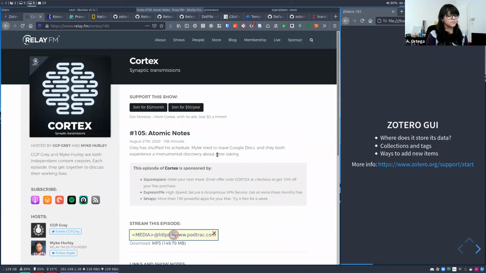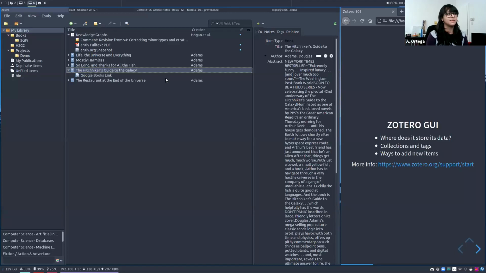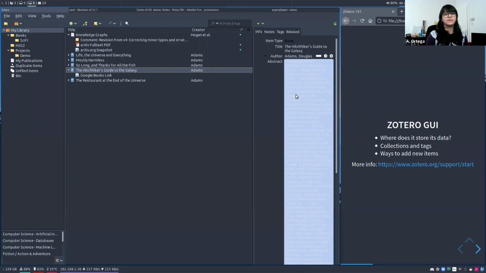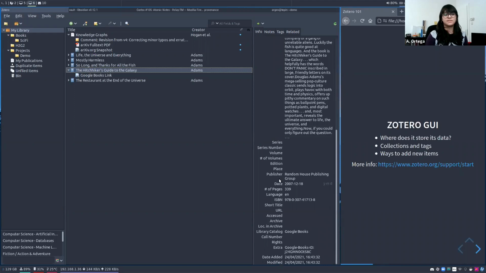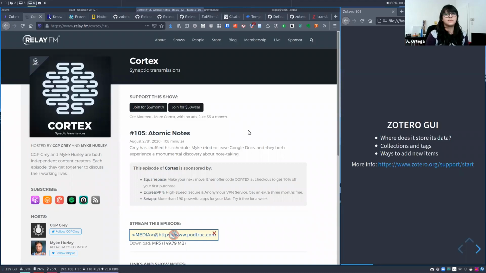So now here come the bots, right? Not everything works, and the key thing to remember here is that Zotero is a reference manager, so it's interested in getting the right metadata so that it can cite things appropriately. But not everything is designed in such a way that it's easy to extract the metadata, and you have a list of sites that are easy to parse because Zotero has already provided some way to do it. So in this case, for example, when I try to add this episode of Cortex to my vault,